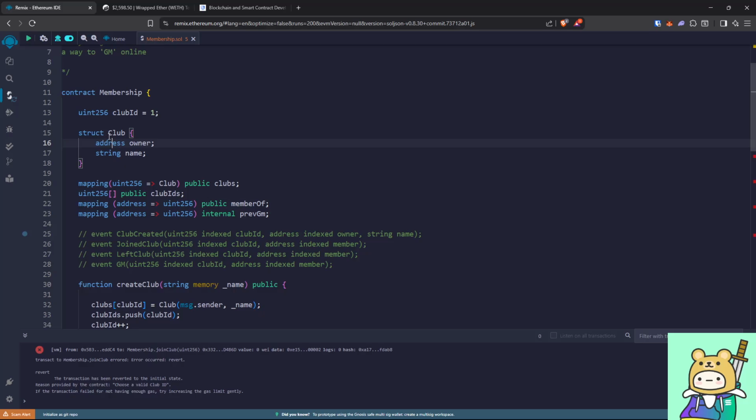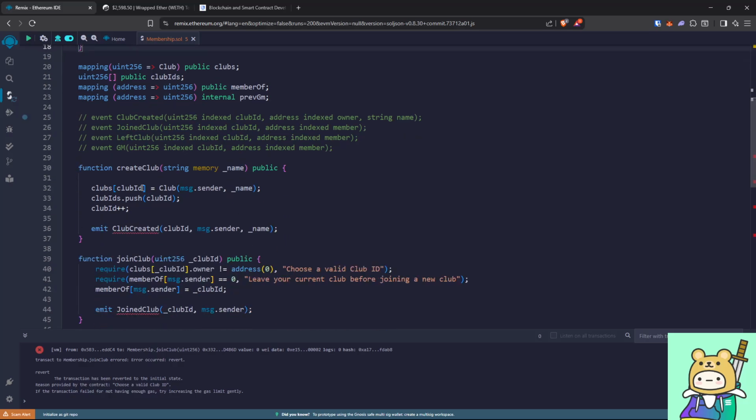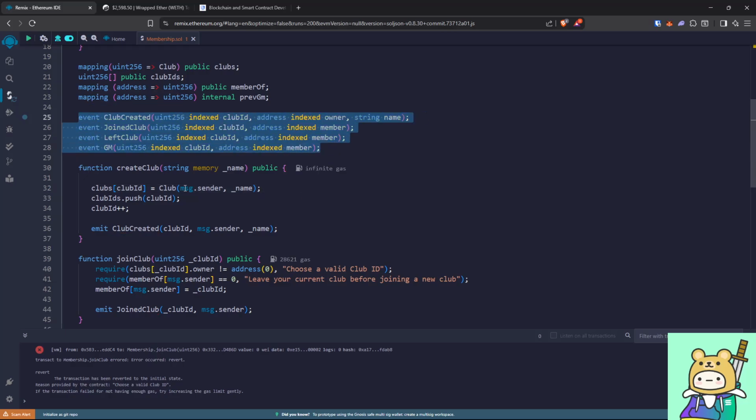So I created a struct called club, and a club is a collection of data containing information about the owner, address, and also the name of the club. So let's go back to our function, and then we see this syntax here, which seems quite complicated. I got confused at first as well. I thought this is an array. It is not, because you will know that